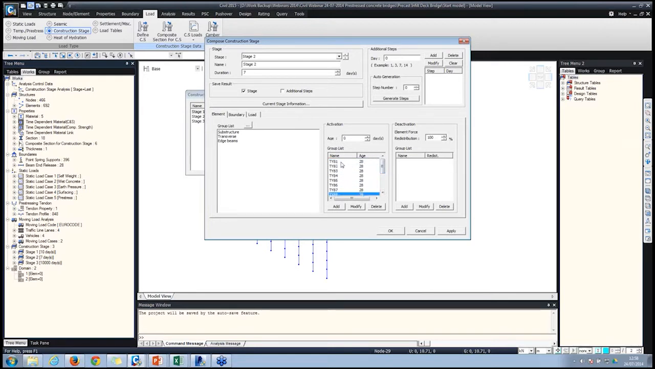Now we can apply them at an age of 28 days, or if you want to be exact, we can change the age to 7 days, and apply pre-tension on the very first day. So let me just show you again. What I do is, age is 7 days here, select all the precast beams, add them,